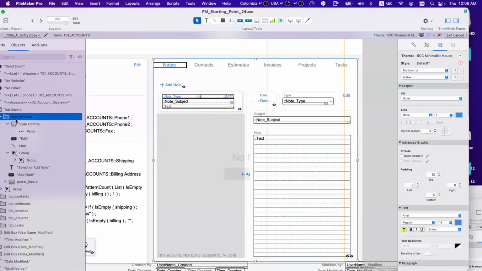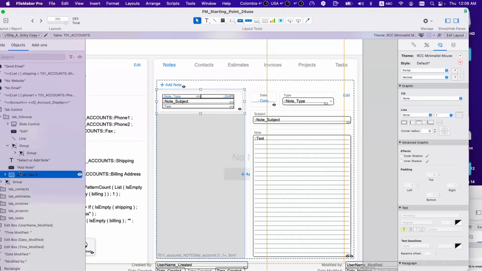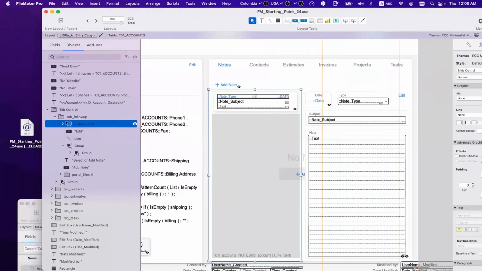So this is my slide control. This is my portal. I want to put my slide control here, underneath my pole,